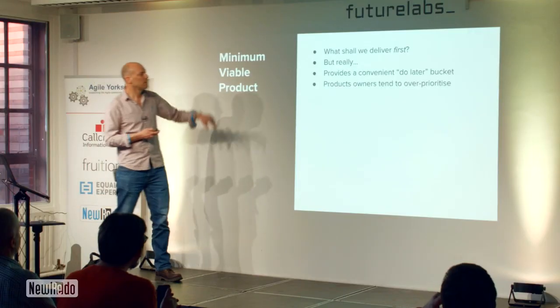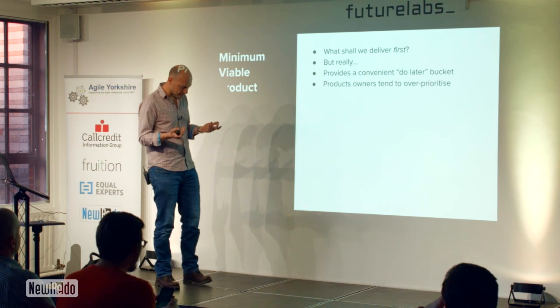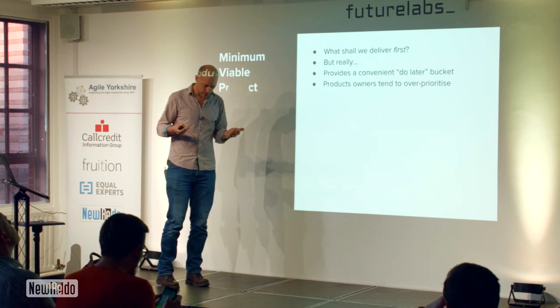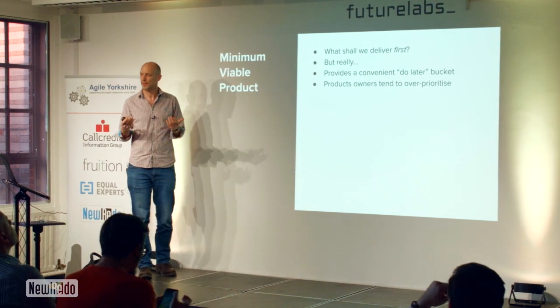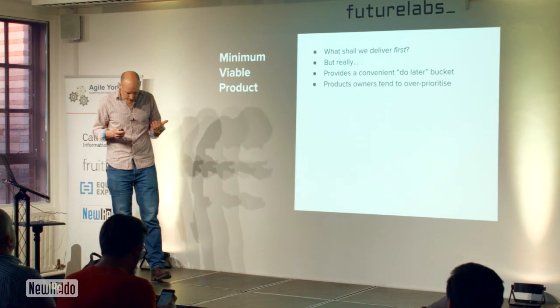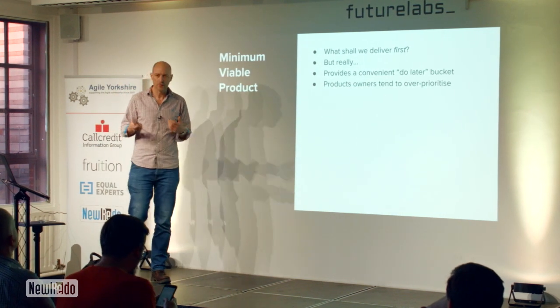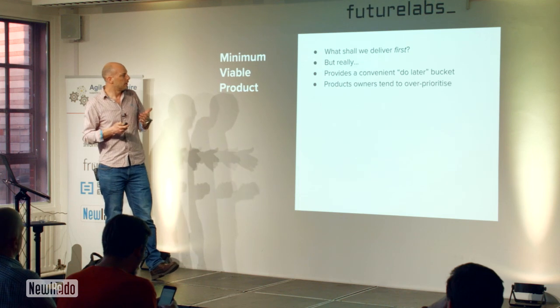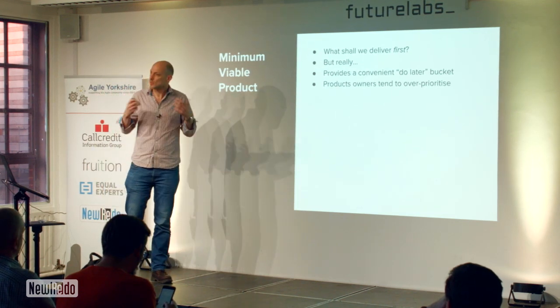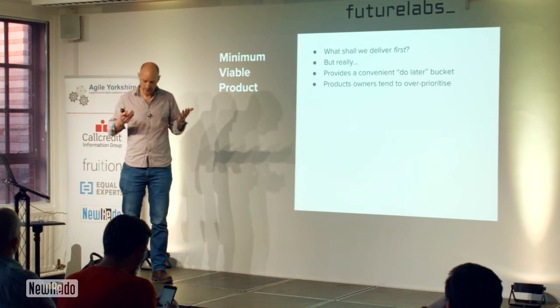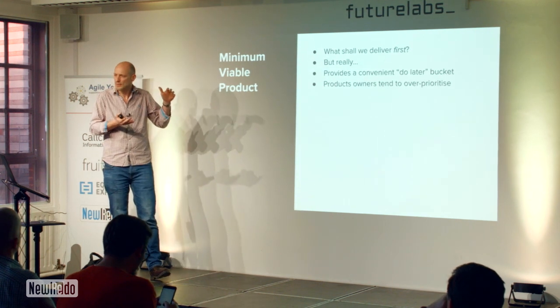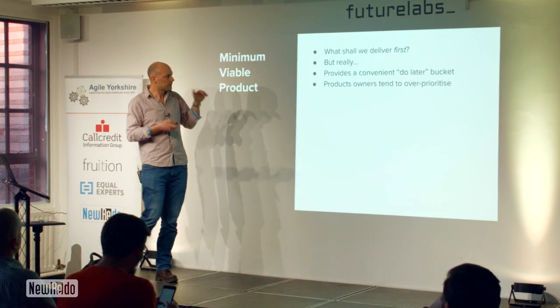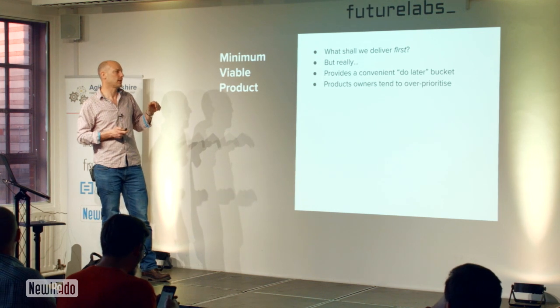Yeah, so even in these enlightened days of Agile and product owners that understand the Agile process, and everyone does it, people tend to over-prioritize things. So, you know, I don't know if anyone else has been in a situation where an MVP looks like it's got stuff in that isn't really minimum. But that kind of doesn't matter because